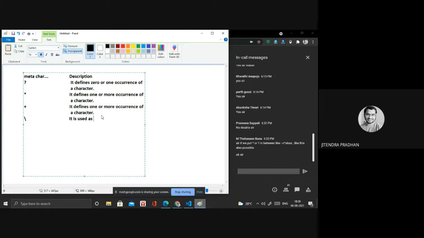If I want to allow a particular character more than one time, then I have to write the asterisk. By using different meta characters we design a particular regular expression, which is the restriction used to enter a password, whenever you enter a password at registration time or in an application form, like registering for a government job.